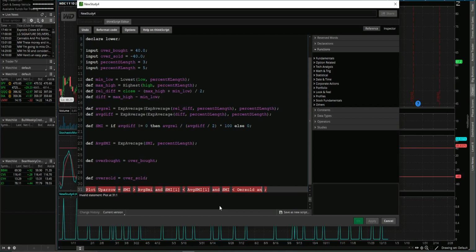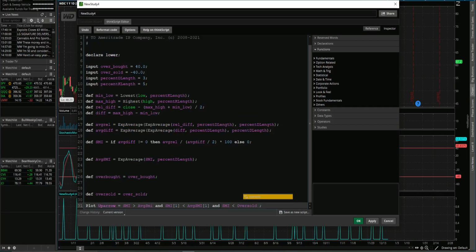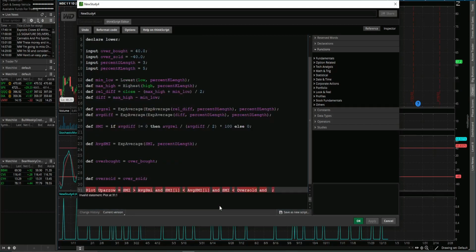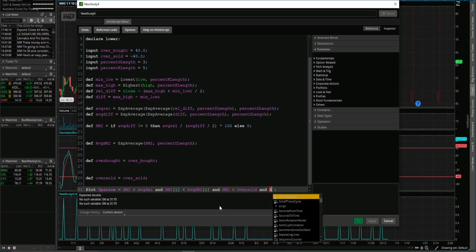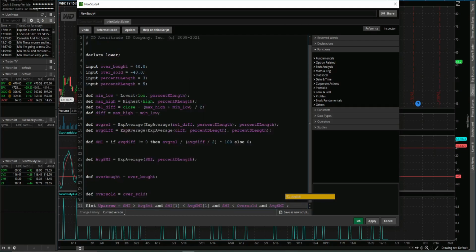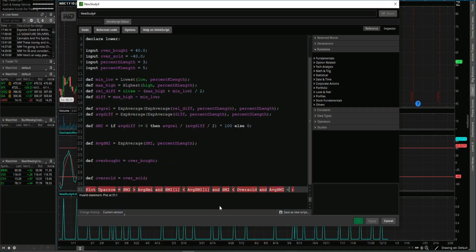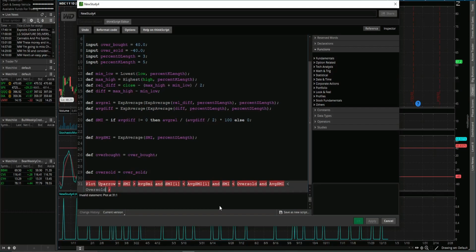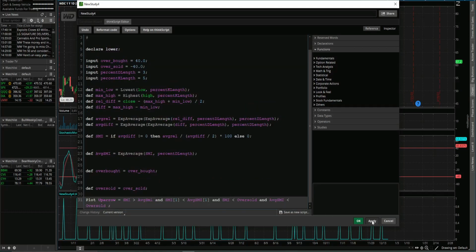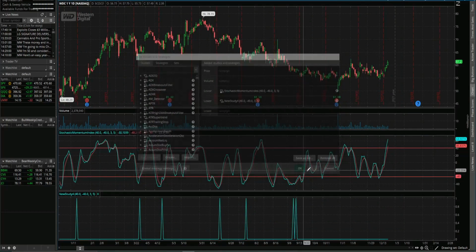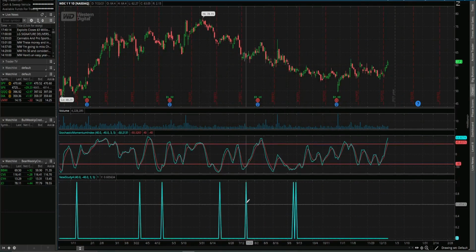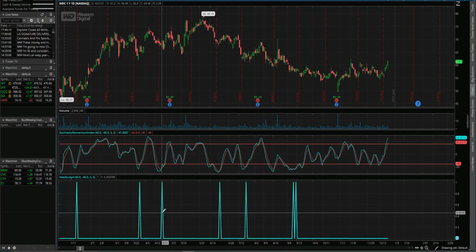oversold, and sheesh, that's what happens when I drink. All right, it's less than oversold, and SMI, let's go average SMI is also less than oversold. And let's click apply. And it should only happen, we should only get a wick pointing up when they're both